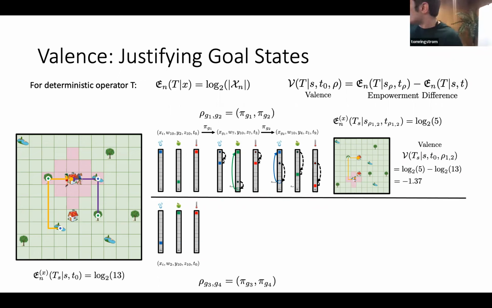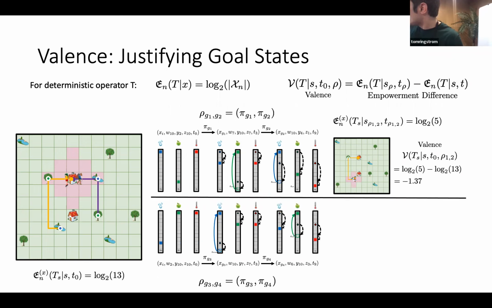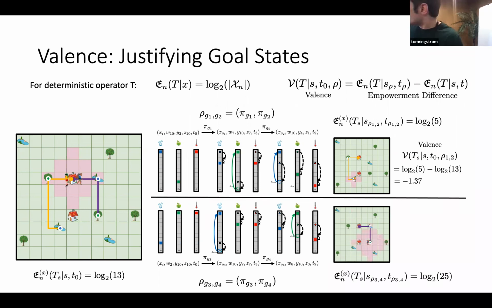But you can now do this with the other guy, and he'll move down here, and he's 3 steps away, right? You can see in the area here that the number of states he can reach is much bigger. So it's log of 25. This means his valence is positive, 0.94, because he started off with a smaller valence. You also notice that this covers a lot of items in this space. And my time is up; I'm almost a minute over.